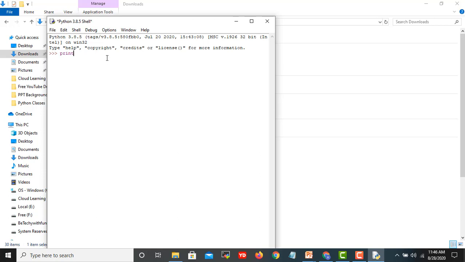So if I say here print hello, you will get the output here, right? So this ensures that your Python is working properly, but the only thing is that you can't write the complete code here. You can just check your commands one line at a time. Okay, so this is your integrated development